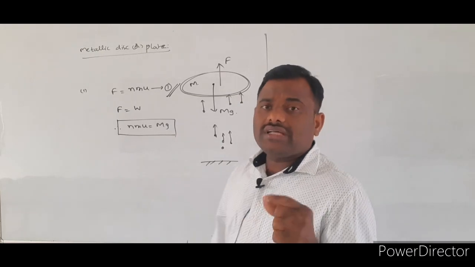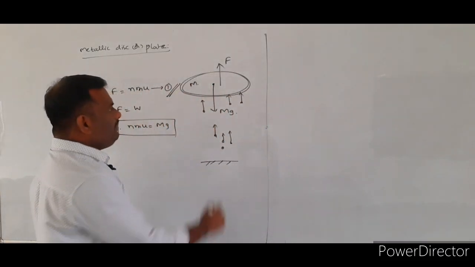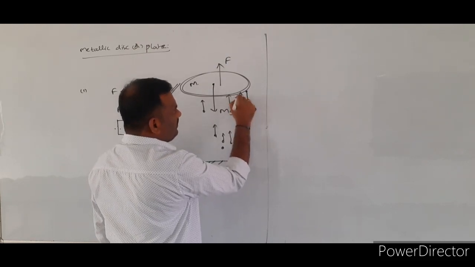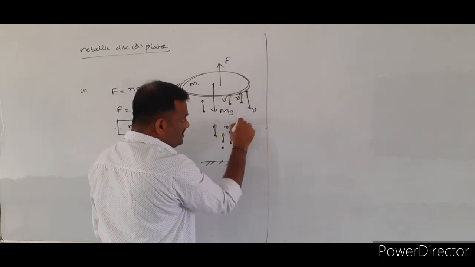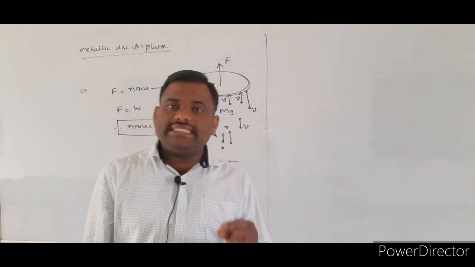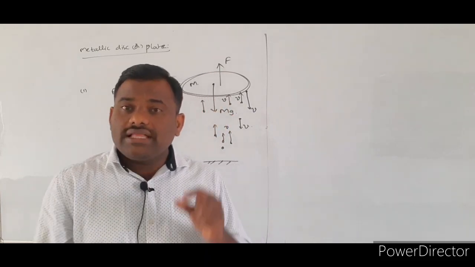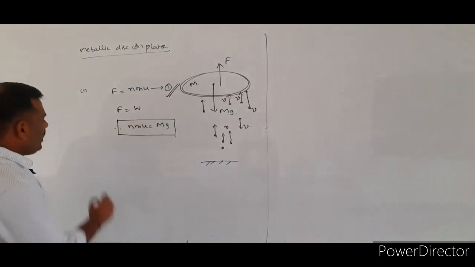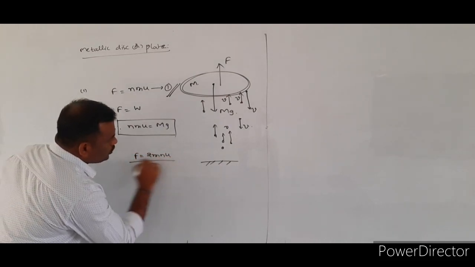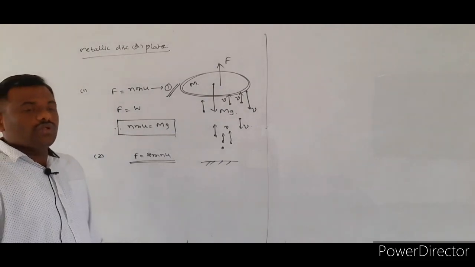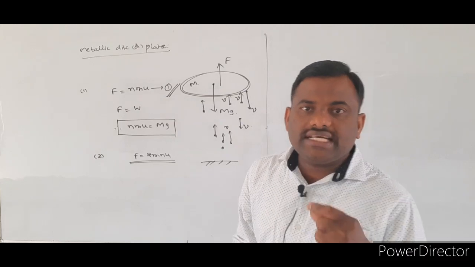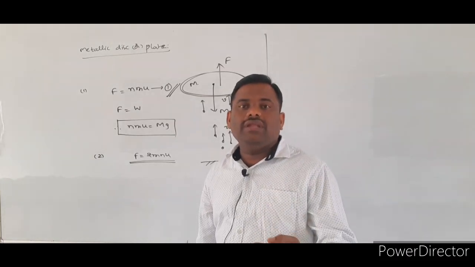Now, according to case 2, once the bullet strikes the metallic disc, it bounces back with the same speed. At that time, the extra force that is provided by the machine gun is equal to 2mnu. Whenever the bullet reverses back in the opposite direction with the same speed, the change in momentum will be doubled.